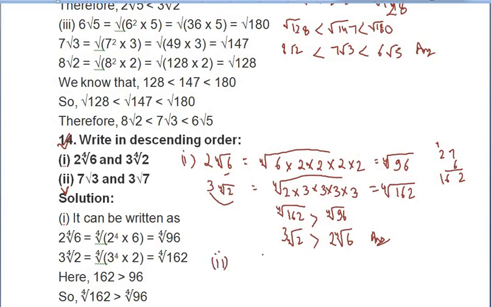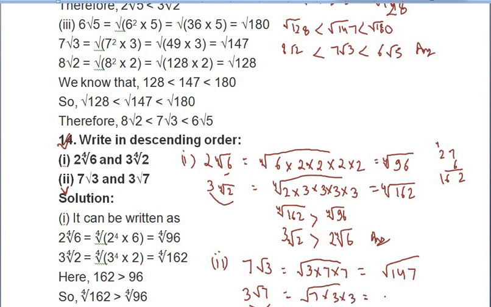Second one, what is given in second one? 7 root 3, that means I can write this as 3 into 7 into 7. 7 will go inside, so it will be double. 3 7s are 21, 21 into 7 is 147. Then next number is given 3 root 7. It means this 3 will go inside and it will be written 2 times. So 7 into 3 into 3 is equal to under root 7 3s are 21, 21 into 3 will be 62.